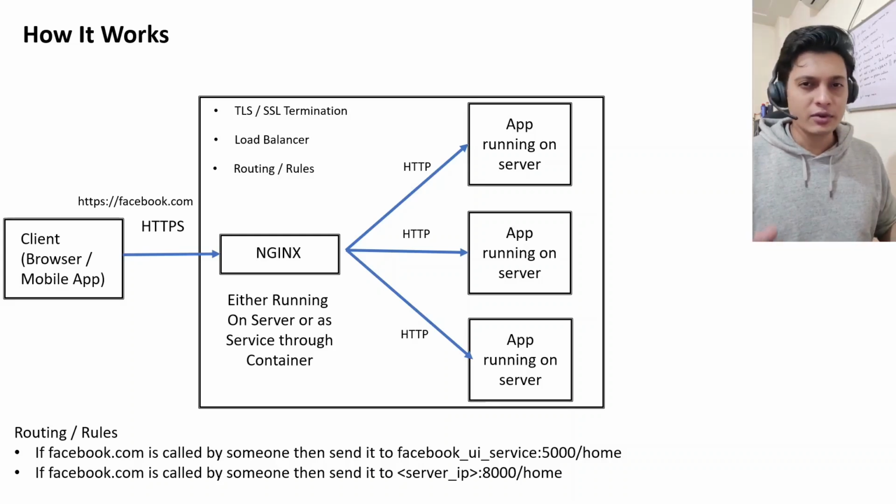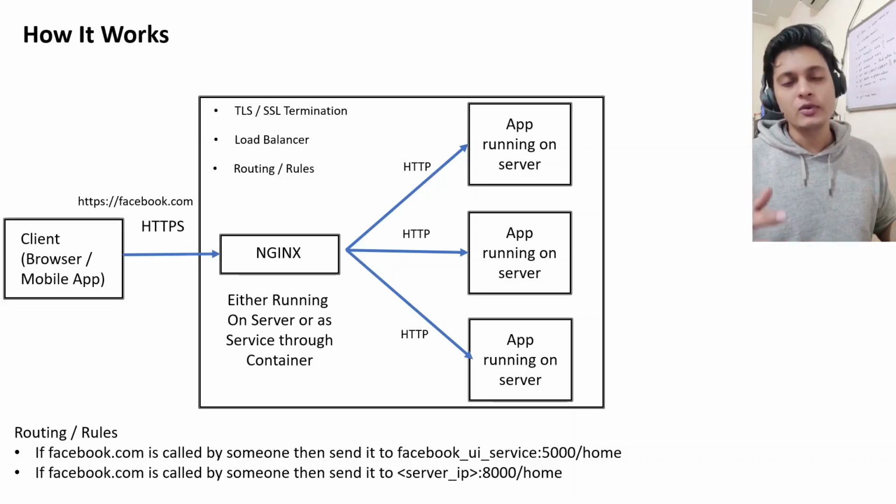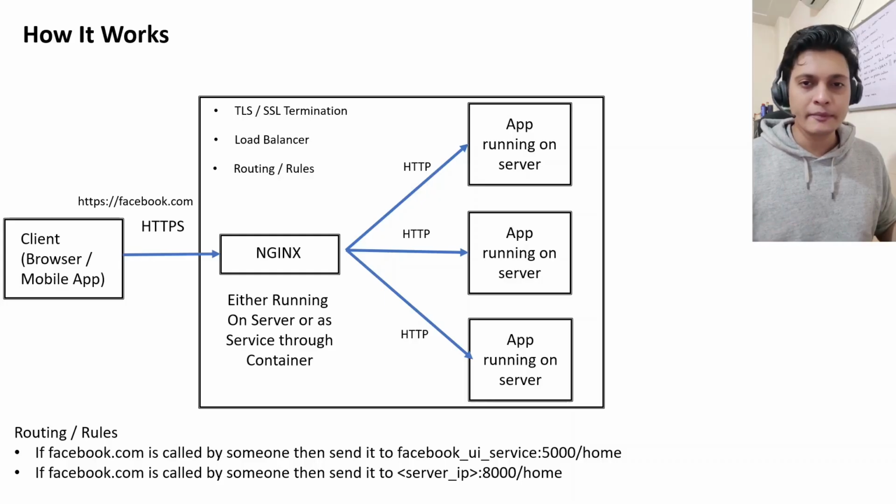But there's one question: how does the internet know where your Nginx resides? How am I going to find this facebook.com at your Nginx? So what usually happens is you take the website from some website providers like GoDaddy. From GoDaddy, you can go and buy some site name. What it actually does is, when you try to hit that particular name which you bought from GoDaddy,